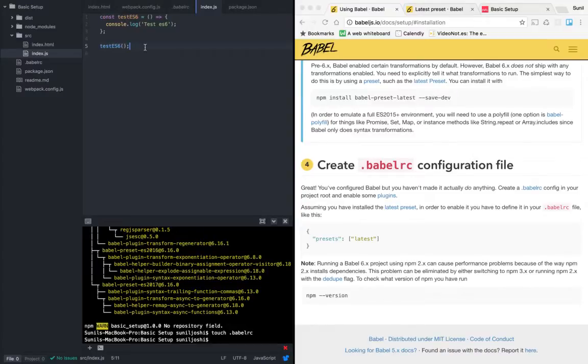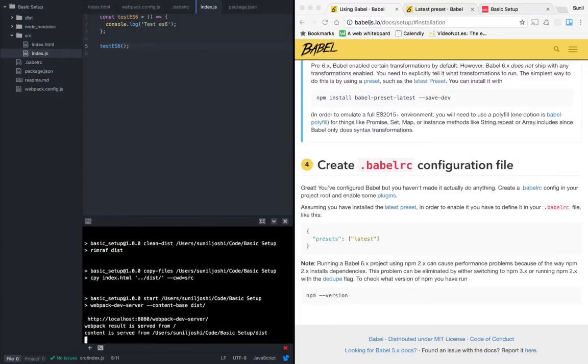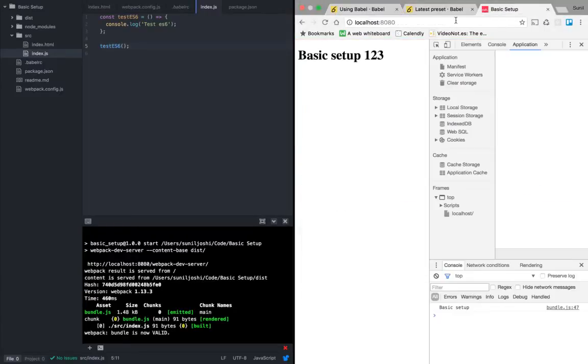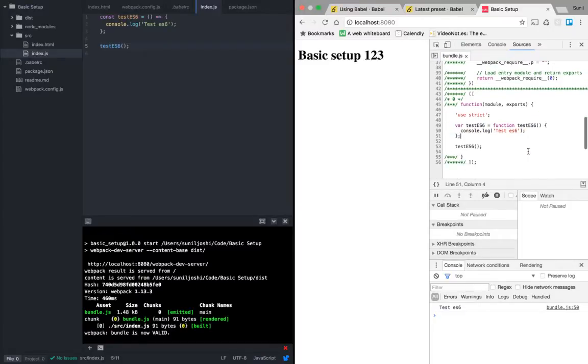So let's run our project, npm start. Yes, it's saying the bundle is valid. Let me run this, and you can see the console statement is getting printed out here, right? Let's look at our bundle.js. As you clearly see, it has transformed our ES6 syntax to ES5.